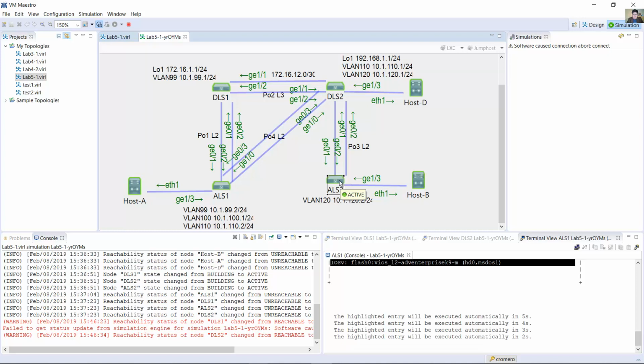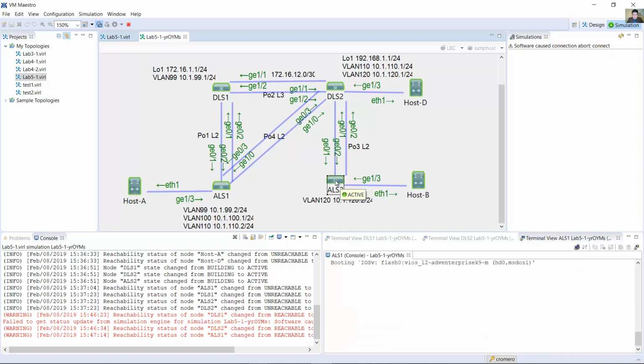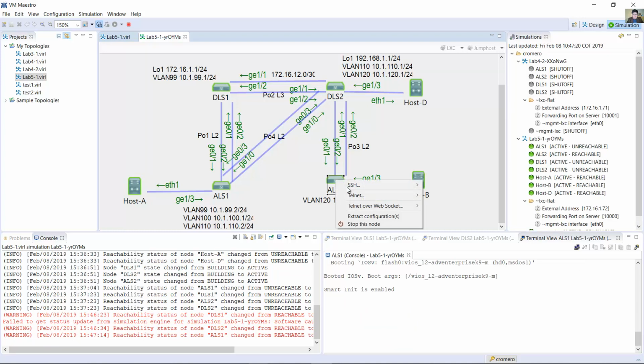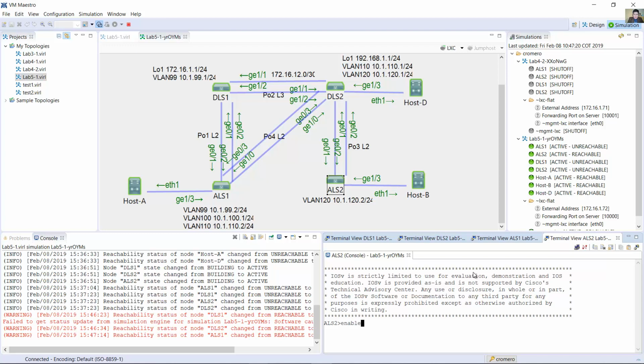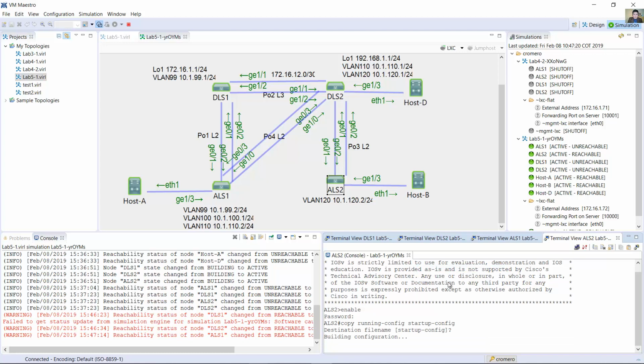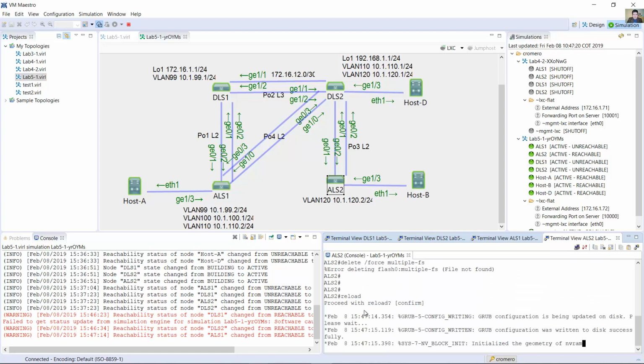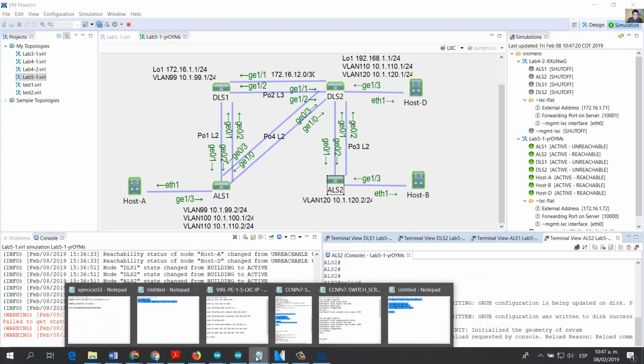DLS2, enter, enable Cisco, paste. Okay, and